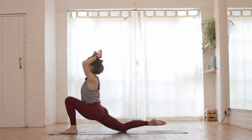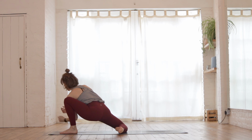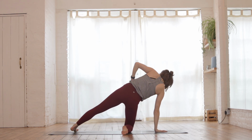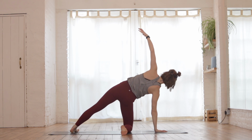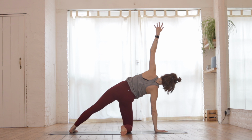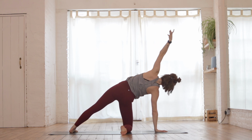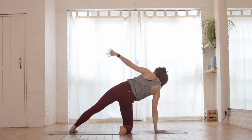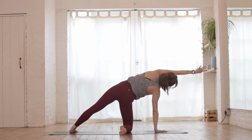Now from here, it's our right shin that turns in. As you walk right hand under right shoulder, adjust that left foot to face the same side as you lift up into the hips and rise your left fingers high. Start to circle up and over the head, down and around, just a couple of these for you to collect